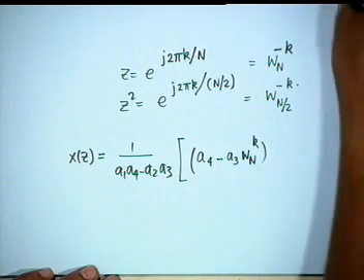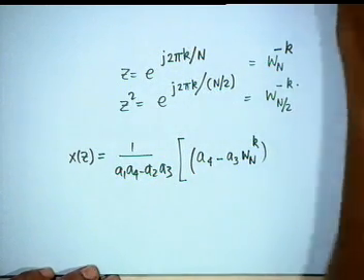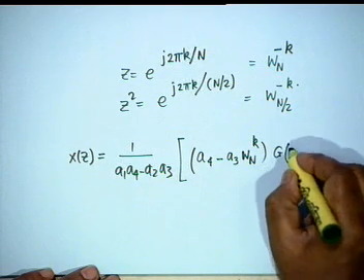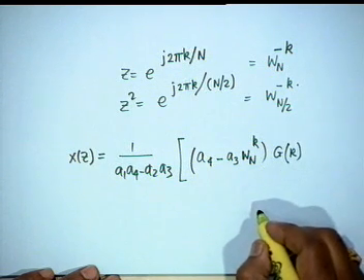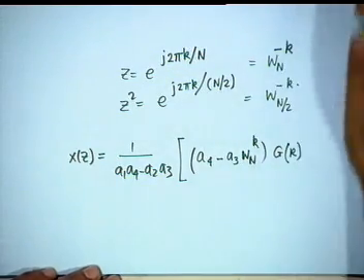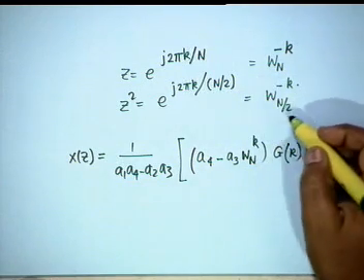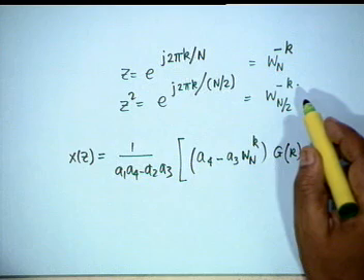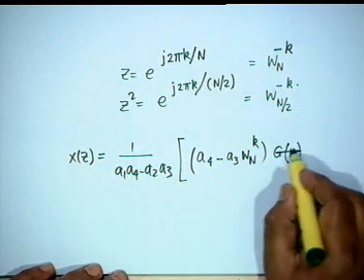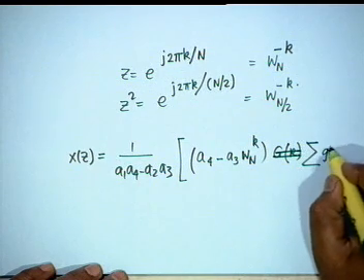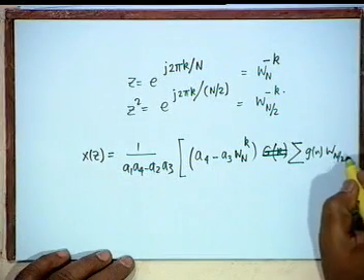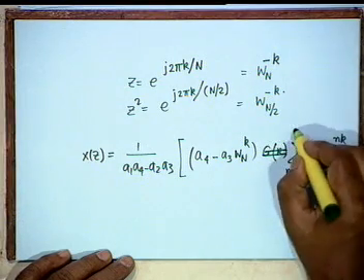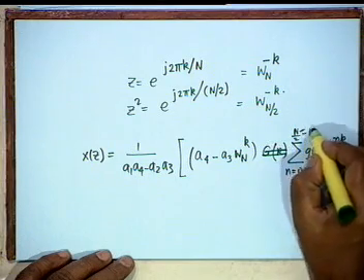Then what do I have in this summation? What would be the summation? Capital G of k, right? I am not writing this summation again. Summation would be g of n W n by 2 to the power minus, not minus, plus. Let us write it down. Summation g of n W n by 2 raised to the power plus n k, where n goes from 0 to n by 2 minus 1.